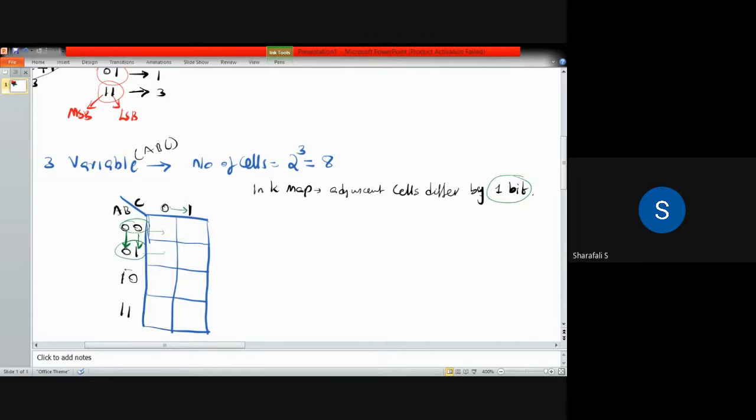But when you consider this one, what has happened here? This 0 is changed to 1, and this 1 is also changed to 0. So both these bits are changed. This is not allowed. Only 1 bit has to change from one cell to the neighboring cell. So in this case, 0 changed to 1 and 1 changed to 0, so 2 bits are changed here. This is not allowed. So we have to modify the address of this particular cell in such a way that